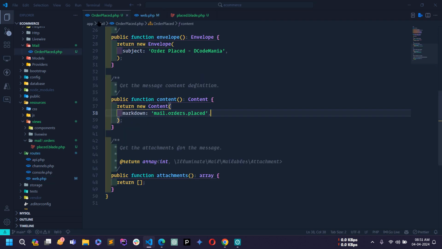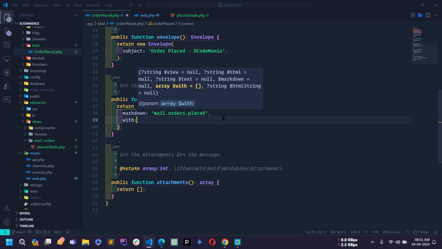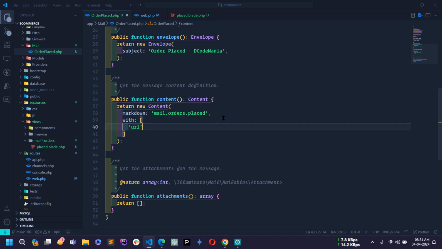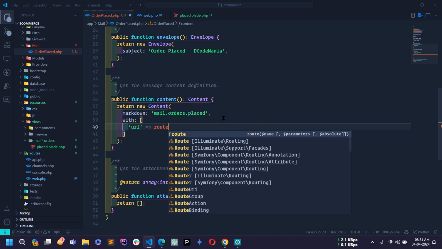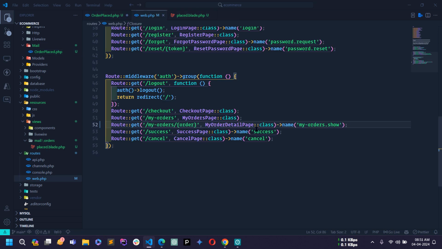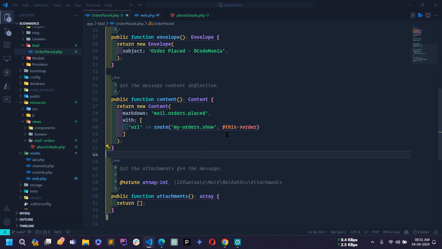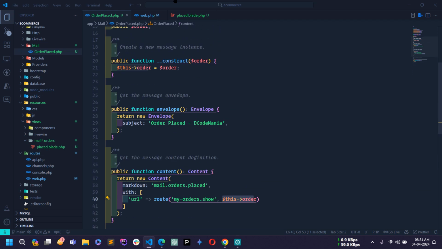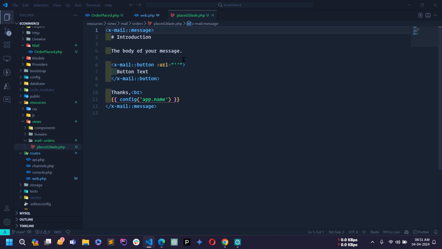Now go to the OrderPlaced.php file, and here I will write with, and in an array I will use url, and I will write route, and here I'll pass this order. Okay, so here you can see I have accessed this route with the name. Okay, and here I passed the order, the current order. Okay, now next let's open this markdown blade view file, and instead of this introduction I will change to order placed